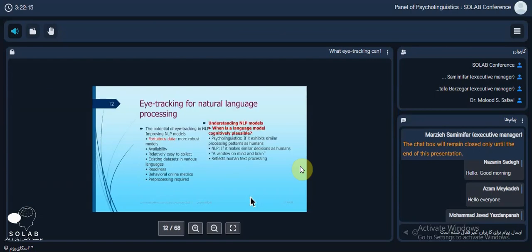But natural language processing is very, very important for scientists. Why? In 2 points, we can mention why NLP is very important. One of them is how a computer can behave like a human and can process language like a human, and how a human can understand the language of the machine, and they can have a conversation with each other.